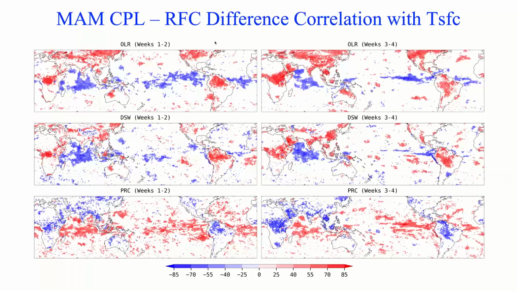And when you get into the spring, the signal is actually amplified everywhere in the Indian Ocean and in the Eastern Pacific. And again, these signals are very consistent between variables. Next.